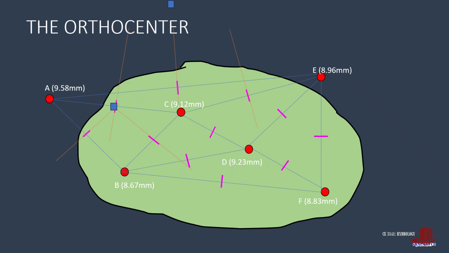Moving to the lower triangle BCD, extend the ticks and their orthocenter goes below the triangle. Then take triangle CDE, where extending the bisectors, we can locate the orthocenter above. For triangle BDF, the extended bisectors show the orthocenter below the catchment area. There is also triangle DEF, where the orthocenter is located inside the triangle.